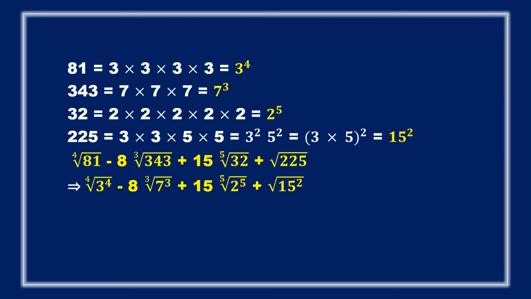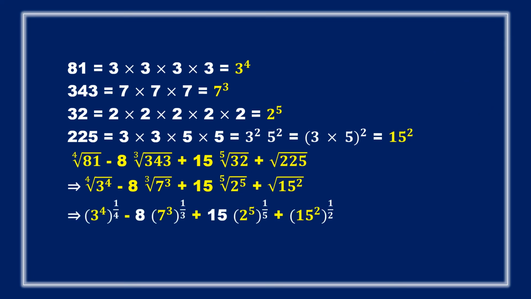Now here, just now we discussed that whenever a number is inside the root, I can write the root as 81 power 1 by 2. So every time a square root will be written as power 1 by 2. If it is the fourth root, it should be 1 by 4. If it is the third root, it should be 1 by 3. Okay, so now I will substitute in that way. So the fourth root is there, so power 1 by 4. Third root means power 1 by 3. Fifth root means power 1 by 5. And it is a square root, so it will be power 1 by 2.